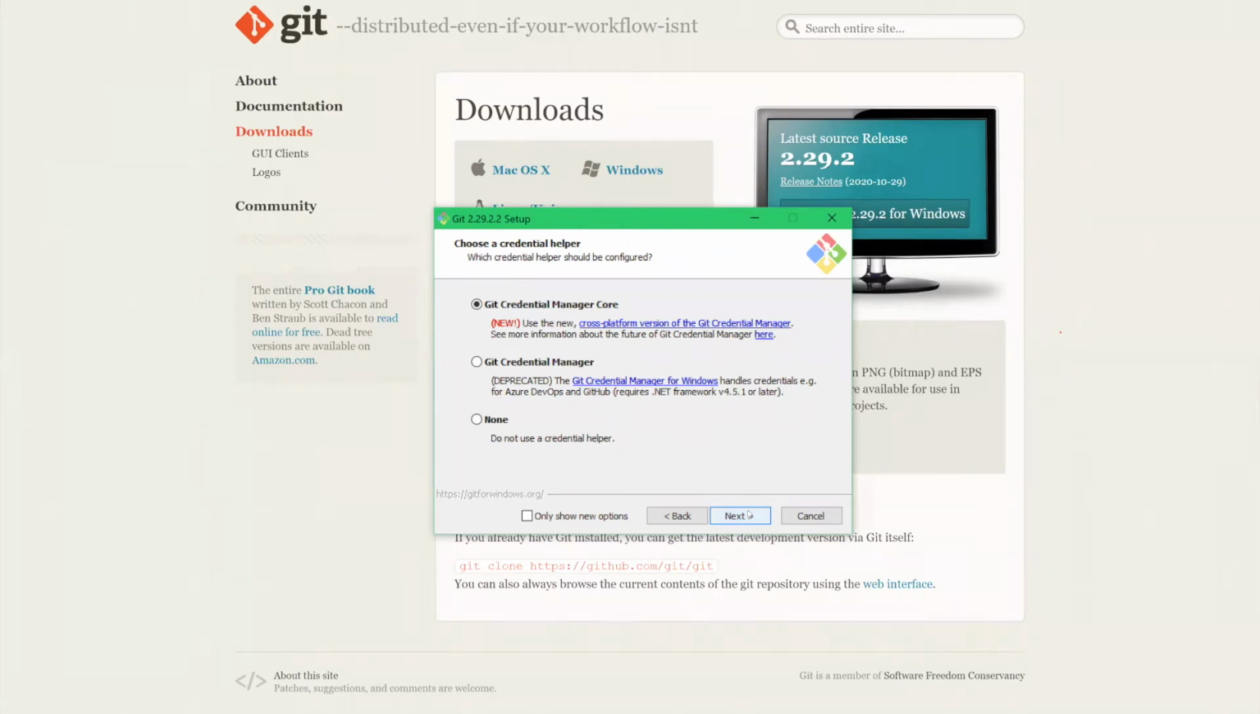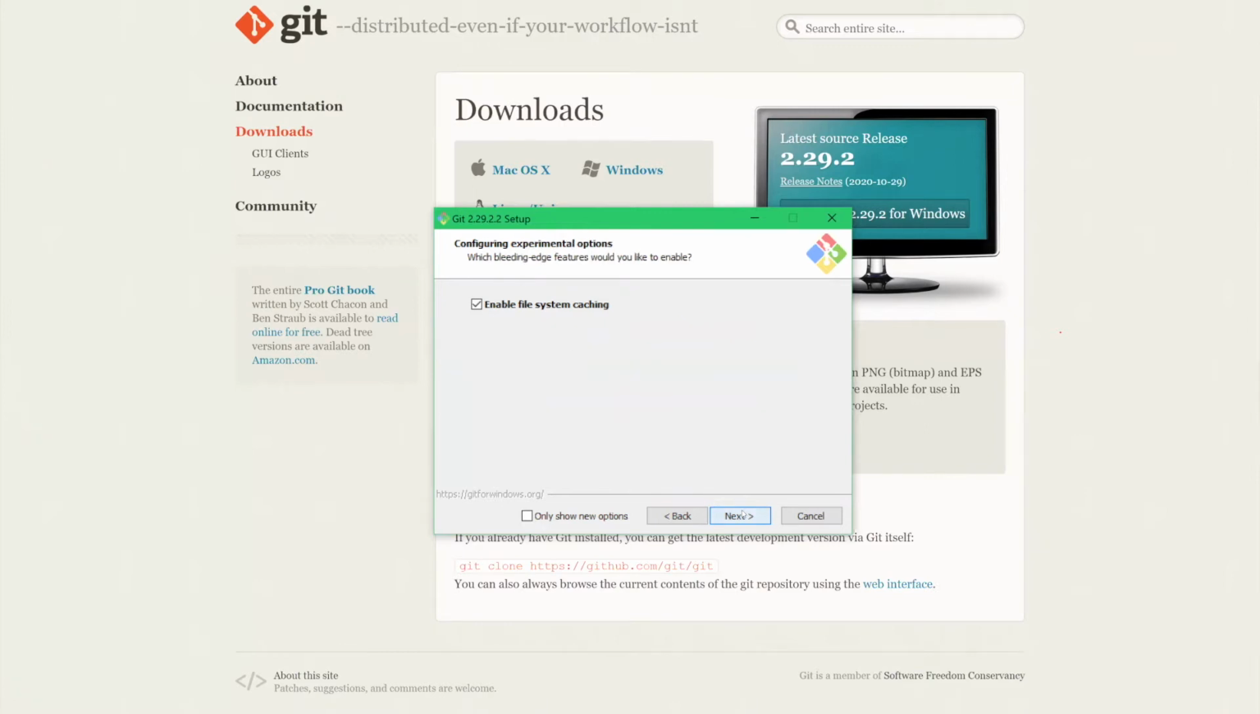Next is the credential helper. For this option, you don't have to have the credential helper, but if you want to, that's totally fine. All right, and so if you followed along,